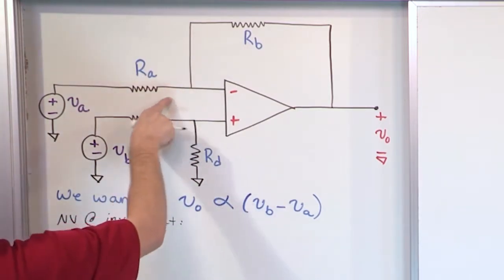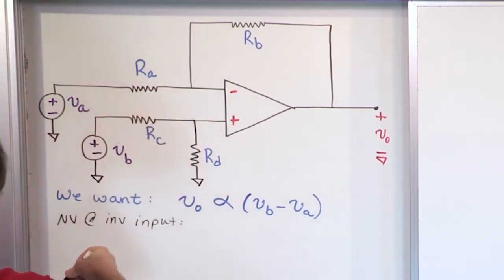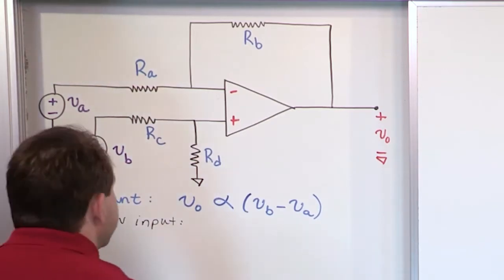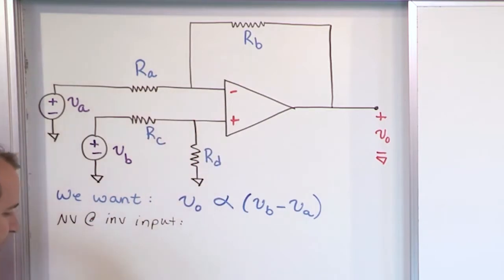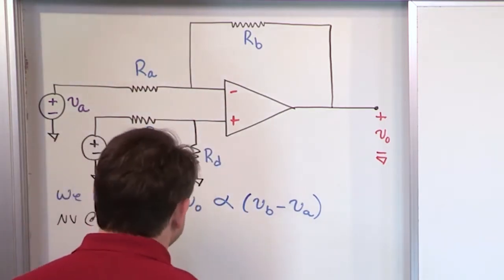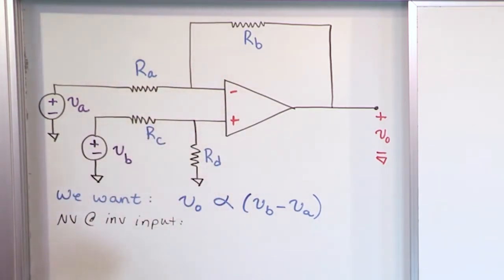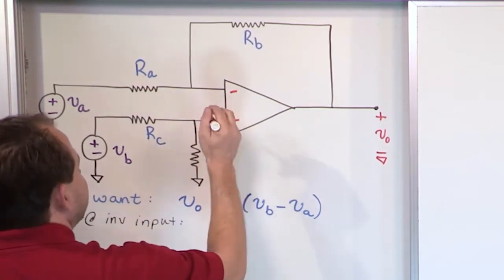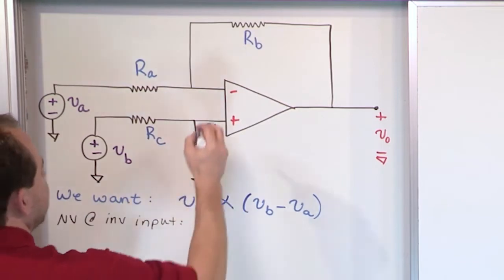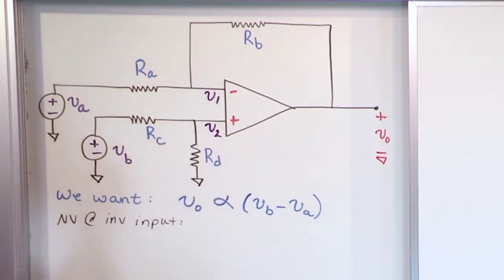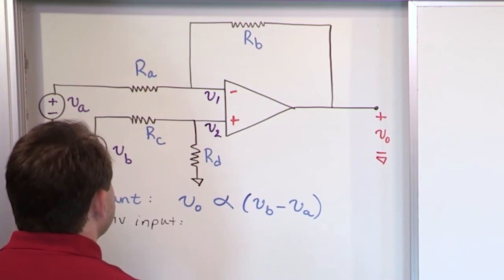When you look at the current going through this leg, what we first need to realize is that these two nodes, which are connected to the inputs of the amplifier, basically track each other because of the virtual short condition. We've been labeling the voltage at this non-inverting terminal V sub 2 for the whole course, and this one V sub 1. We're going to write it down later, but we know that V2 has got to be equal to V1 for the ideal amplifier case. So what we're going to do is write